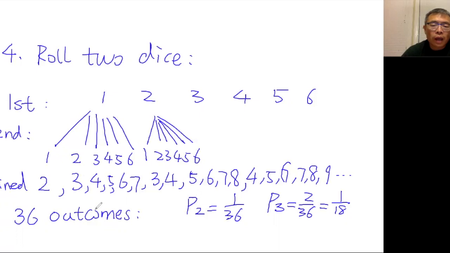Now again, this is calculating those probabilities by the basic definition. We could also use the multiplication principle like we did before. For example, to get 1 in the first case and 1 in the second case would be 1 over 6 times 1 over 6, which is 1 over 36, and so on. Now, certainly, this kind of discussion can go forever. We can talk about the toss of 3 coins or rolling 3 dice, etc. The principle is the same, but the cases get a little bit more complicated.